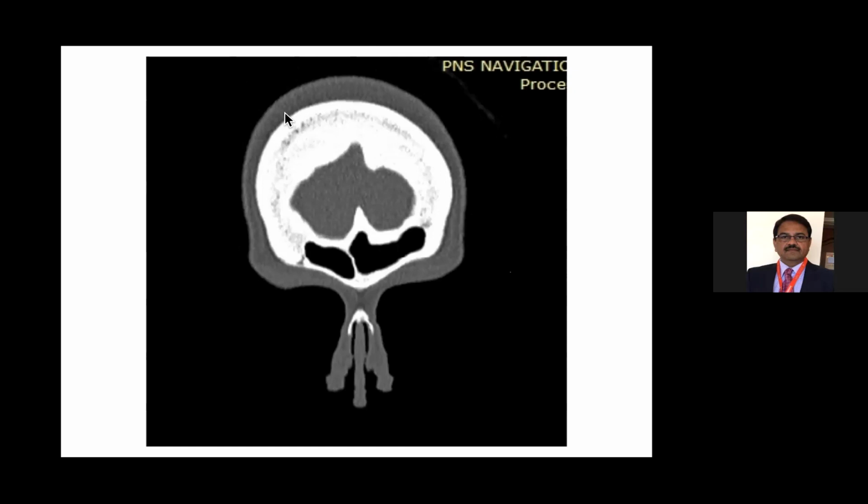When you're analyzing the CT scan, you start with the coronal cuts first. I always start with the coronal cut because we do surgery in that plane. Coronal plane. We don't do surgery in the axial plane. But I look into the sagittal sections also to understand the frontal recess. Very important.